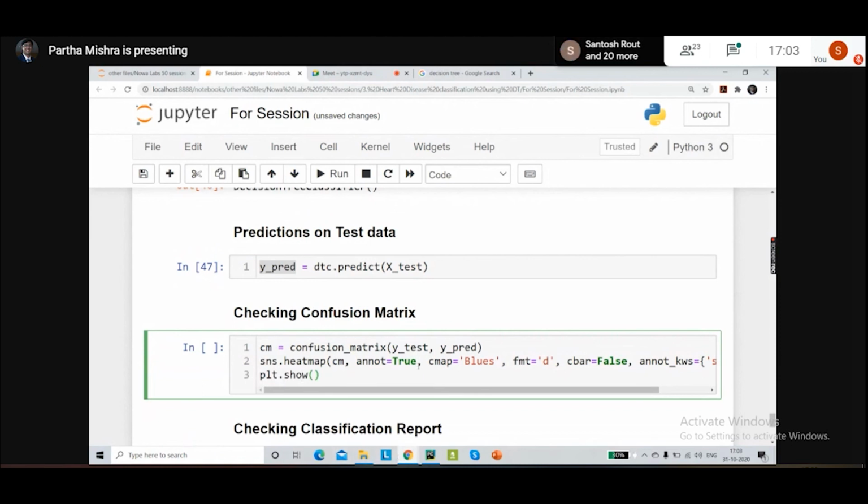Now understand what we have done here. In the first line, we have actually calculated the confusion matrix. The confusion matrix is being calculated using y test and the y predicted values, so we are comparing the actual values with the values that the model is giving us. Once we have these numbers, on the second line, we are just representing this entire thing in a colorful format.